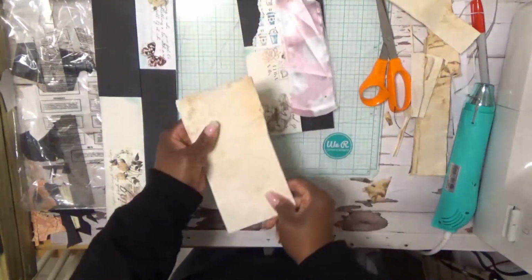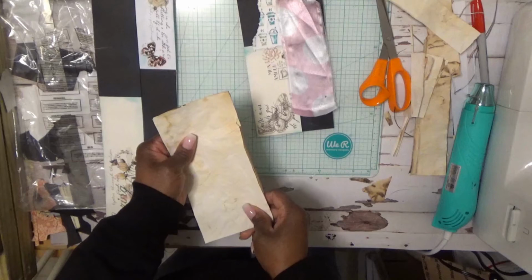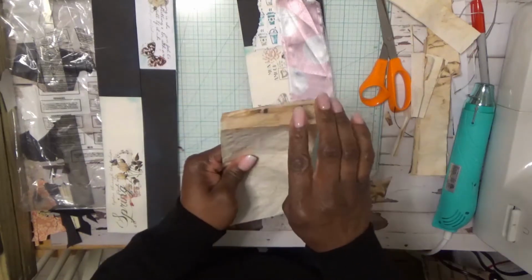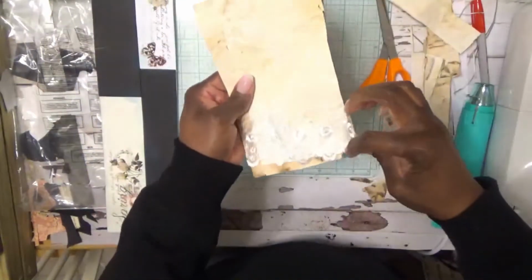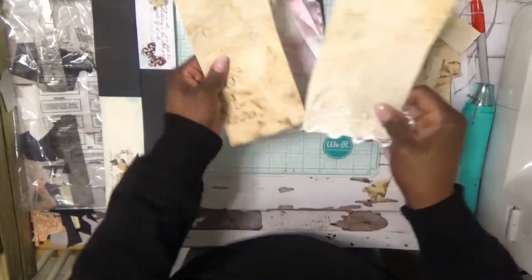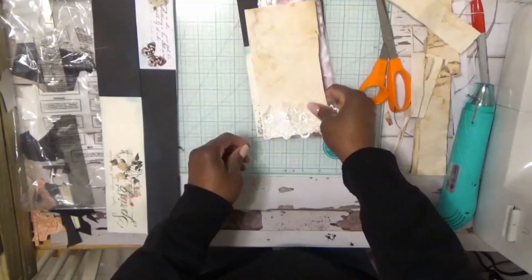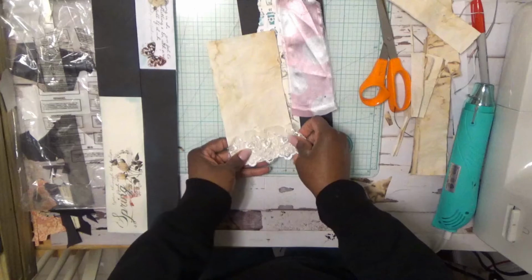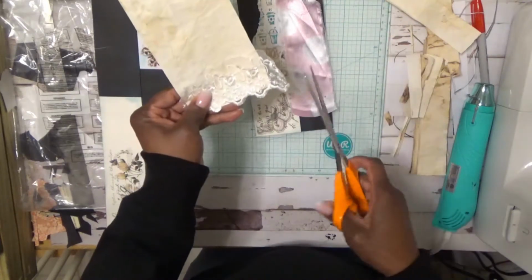Okay. Now what I'm going to do is, on this first page, I'm going to take a piece of this lace, and this is going to be like the introductory piece of paper. You know what I mean? So, if that makes any sense, I'm going to stitch on,